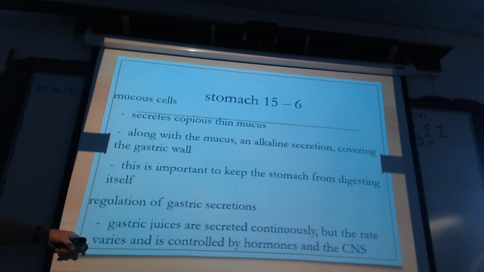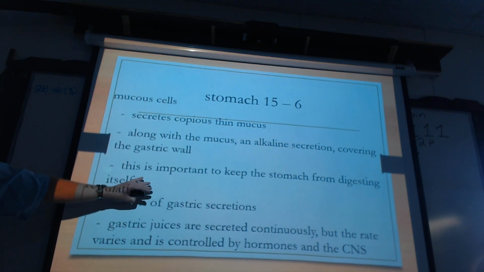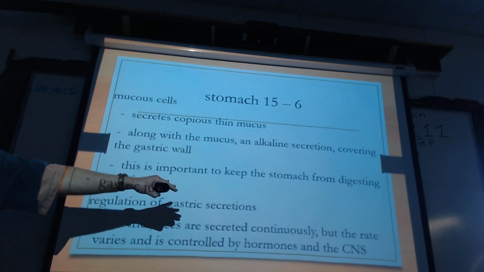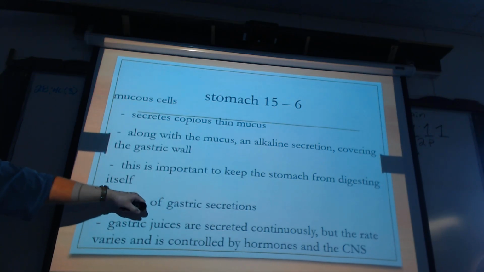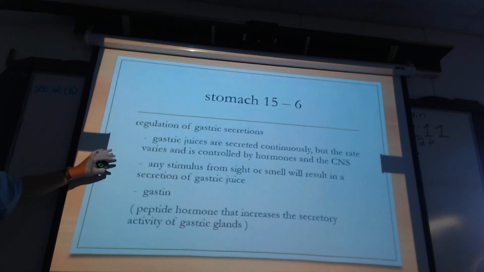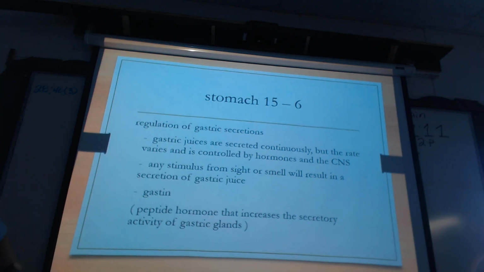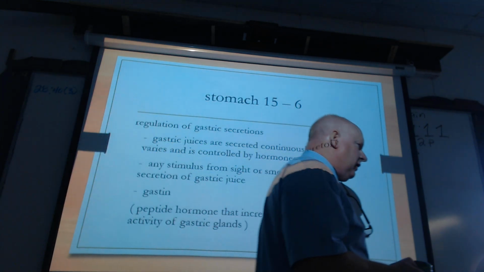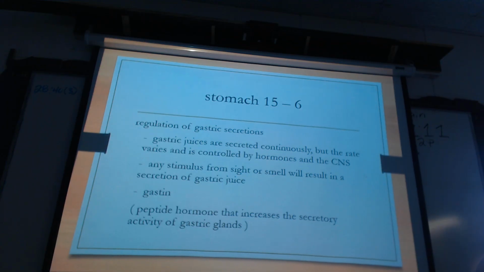But anyway, moving forward, how is this regulated? Well, the brain has to do that, in other words, within the central nervous system. So it's hormonal action that does it, and this is one of them right here. Sometimes you can be producing this gastric juice even without eating anything. Something that you can smell or anything to that effect can cause that to take place.